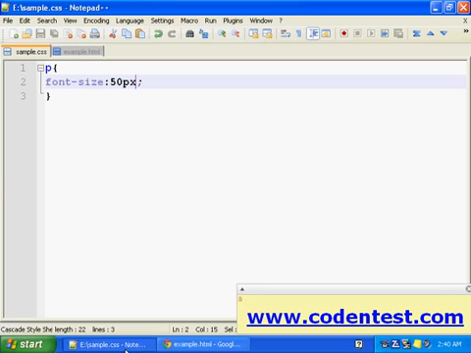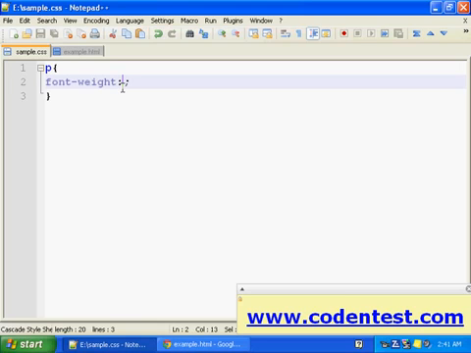And the next one is font weight. We can make the font thick or bold using this font weight property. The value we can give for font weight is normal, bold, bolder, lighter, or any number.